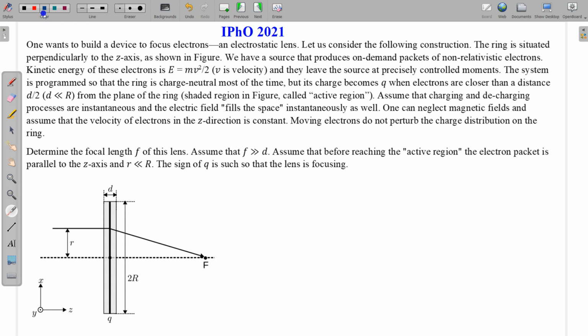Okay, so let me make our diagram. I am making a separate diagram for this. Suppose this is a ring and this is the center of this ring, and I have to calculate the electric field in the vicinity of this center, or in the plane of the ring. There is a point which is very close to the center. So for that I am taking a Gaussian surface. I am using Gauss law.